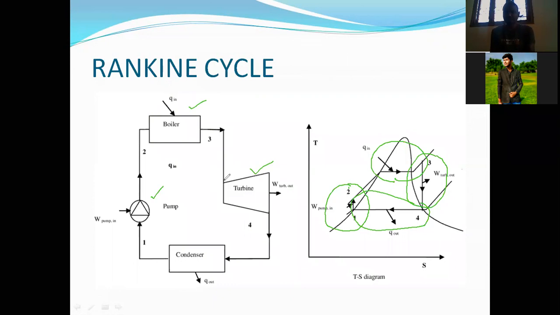And one more thing, guys, I would like to request. You don't fix these numbers. What are the numbers we are getting here? For example, this 2, 3, 1. According to this diagram, the number 2 is before the boiler and number 3 is after the boiler. But you don't always get the numbers like this. This is not a fixed one. The point 2 is always before the boiler. For example, if the examiner gives 4 here and 3 here, then you have to change